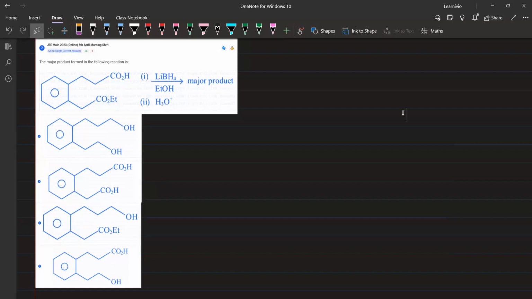प्लीज ट्राई कीजिएगा इसको भी, ऐसे बस बैठे मत रहिए। You have lithium borohydride, LiBH4, है, AlH4 नहीं है।